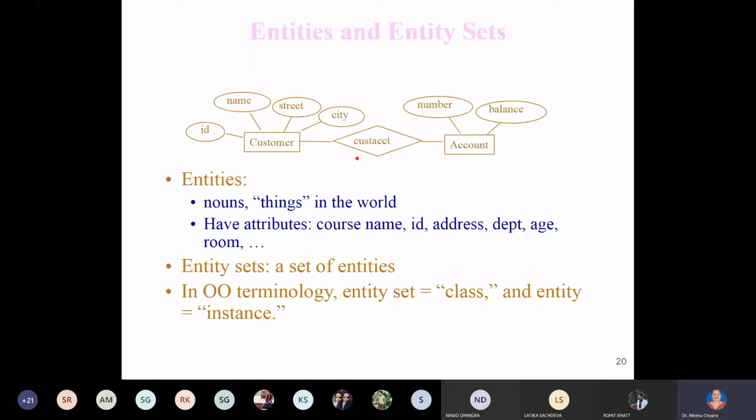Now, entity set is also called a class. If you open the ER tools available online, sometimes they refer to it as an entity class and sometimes as an entity set. So it can be referred to as a class or as your entity set, in terms of OOPS technology, or you can say object-oriented terminology. You can have a class, entity set, and entity as an instance. An entity set has a set of entities, which I discussed in the morning. So these are all your entities.